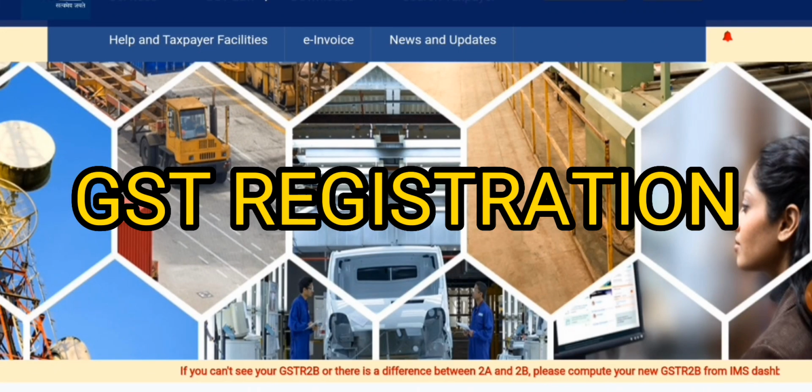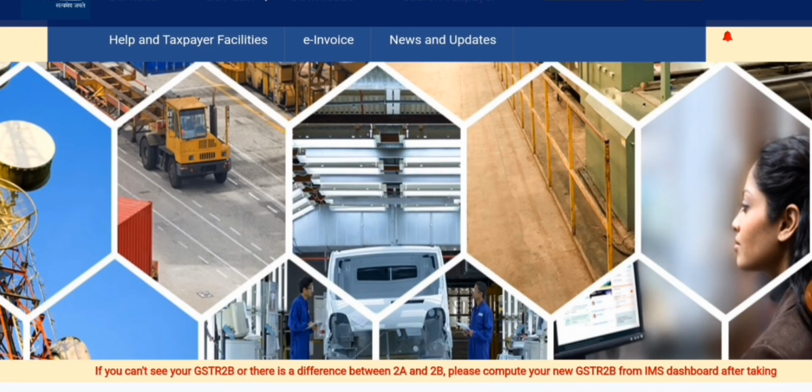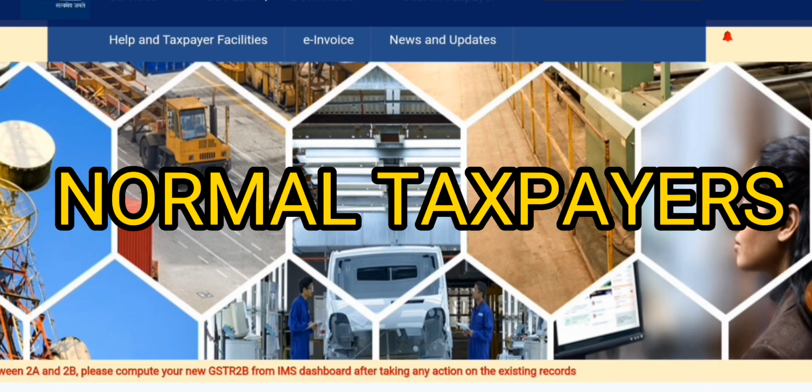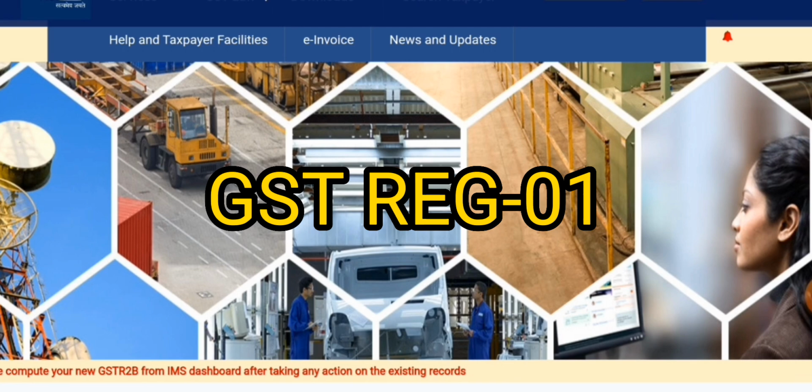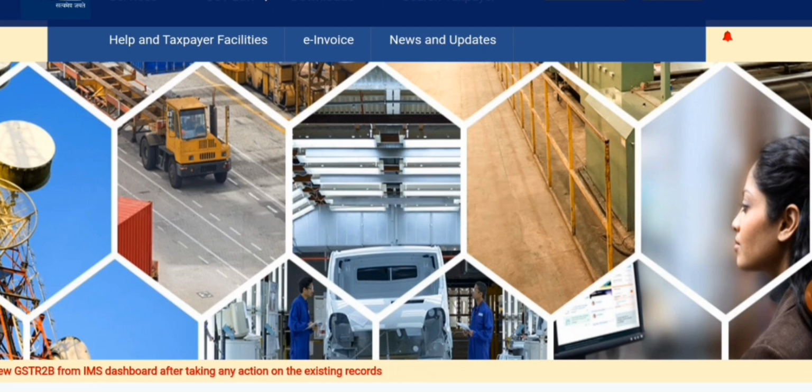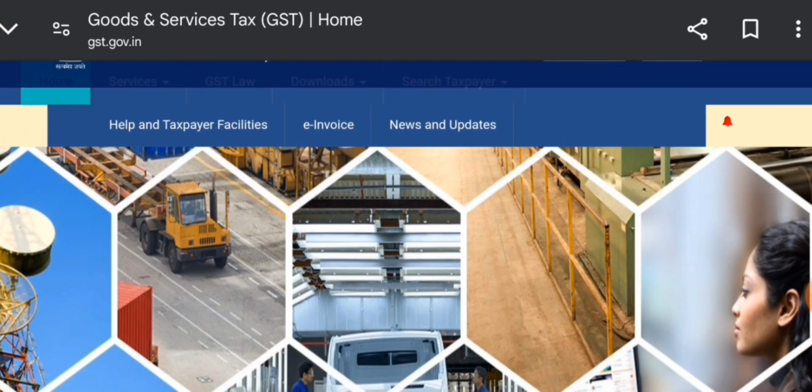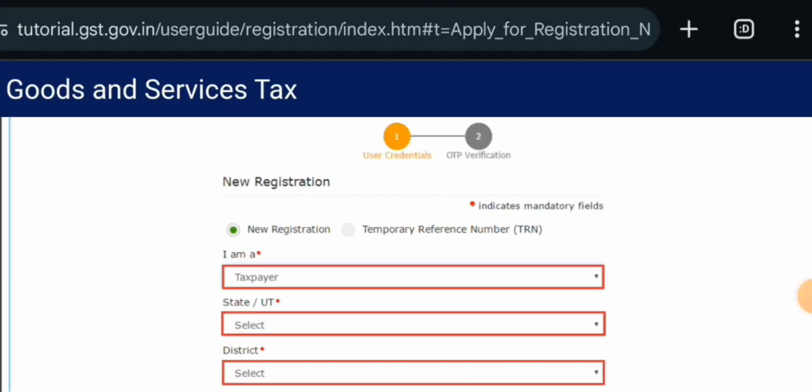Today's video is all about GST registration. In this video, we will learn how to register yourself on the GST portal, and this is for normal taxpayers who have to file form GST REG 1. So firstly, you have to come on the GST portal and click on register. You just have to follow each and every step prescribed in this video in order to get your GST registration